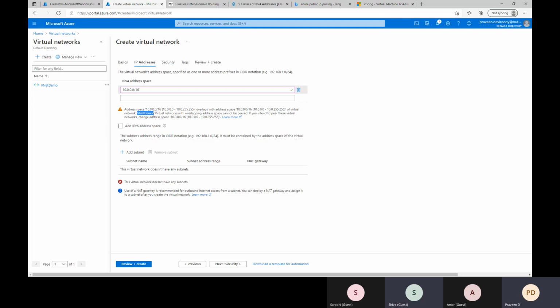Got it, right? But even if it overlaps, it will be a problem when accessing data, it will get contradicting, right? Yes, that's what Microsoft is saying, it's conflicting. Still, if you want to proceed, it's our responsibility to take care of it. Microsoft highlights and gives a warning that this address space is already taken. If you don't want to continue, you can give a different IP address space. But if you still want to continue, it will allow you, and how you manage it is up to you. That's it.